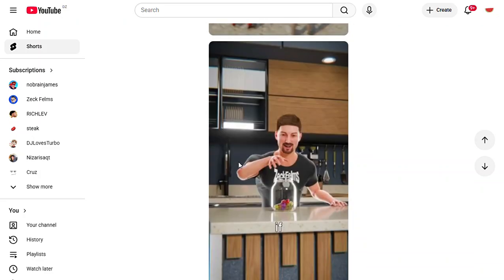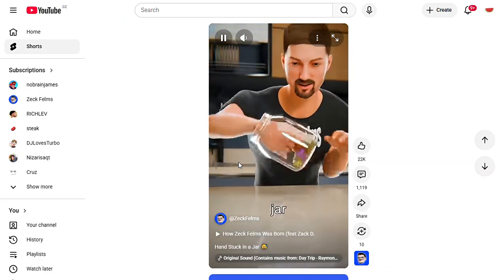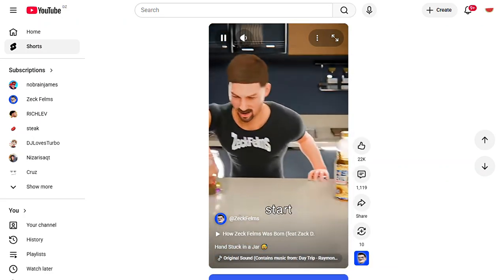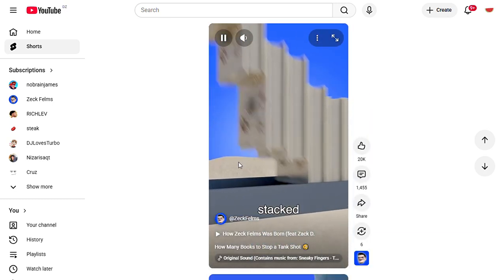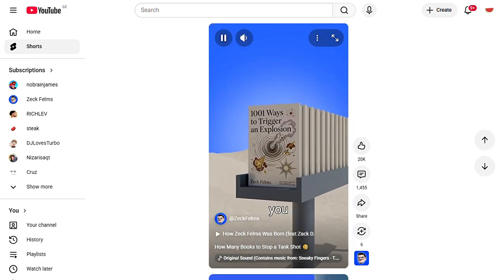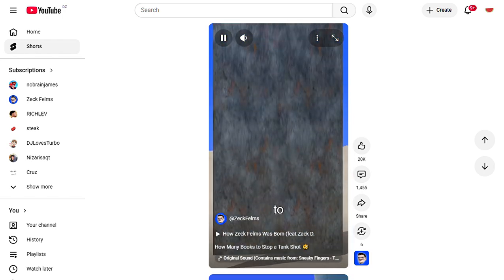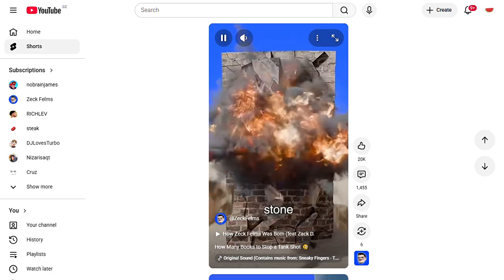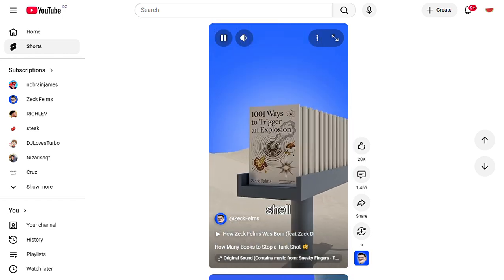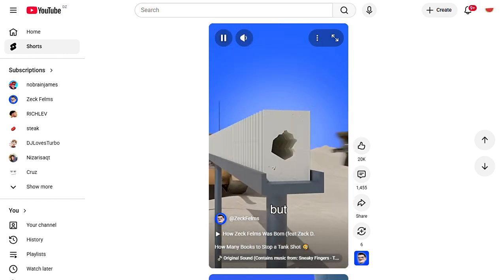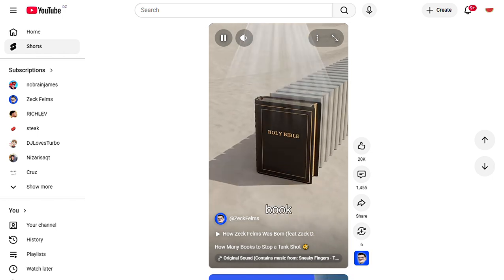His skull got... If your hand got stuck in a jar, how do you get it out? Start by pouring sunflower... If a tank fires at you, how many books stacked together can actually protect you? You see, the tank shell is designed to go through armored metal and stone walls. So even if you stack 30 books tightly together, the shell would easily go through them and kill you. But if you place the Bible in the book stack...